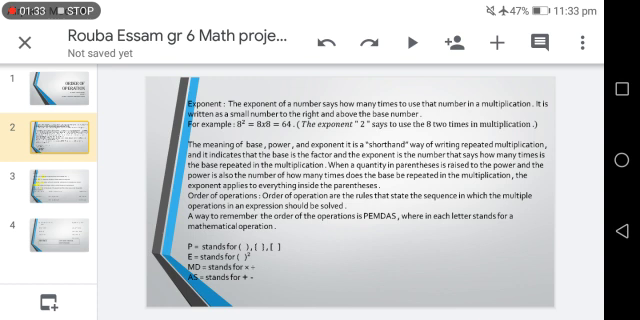The meaning of order of operation is the rules that state the sequence in which the operations in an expression should be solved. A way to remember the order of operation is PEMDAS, in which each letter stands for a mathematical operation. The P stands for parentheses, E stands for exponent, MD stands for multiply, divide, and AS stands for plus and